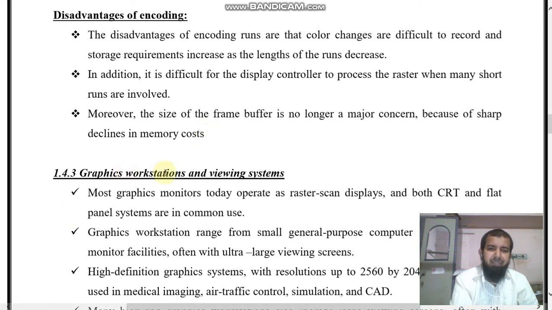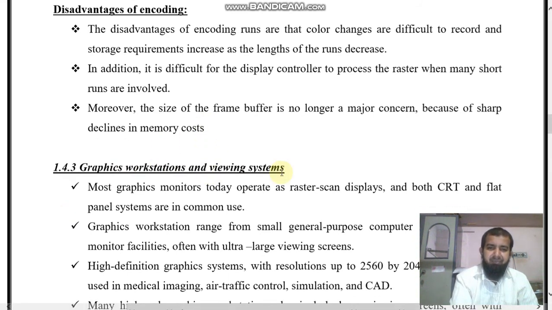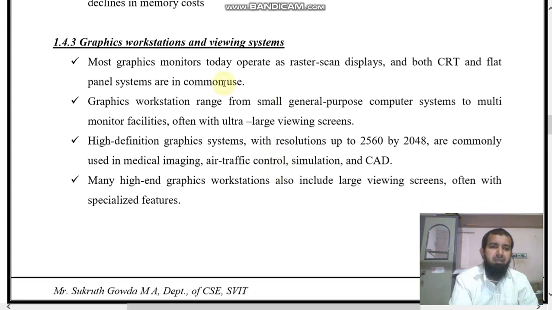Graphics workstations and viewing systems. Most graphics monitors today operate as raster scan displays. Nowadays all the monitors are raster scan displays, and both CRT as well as flat panel systems are in common use. Nowadays CRT is not used much; almost all people use flat panel systems.